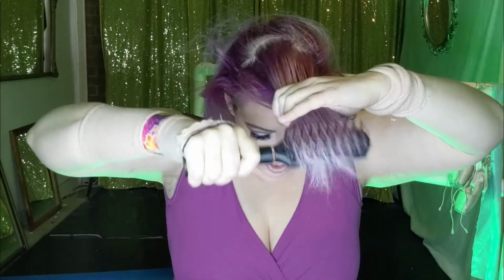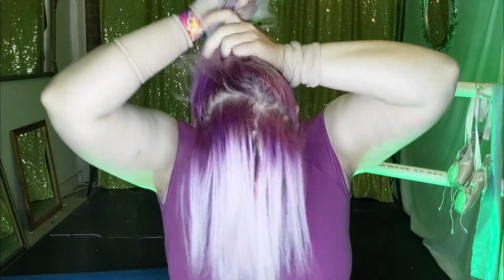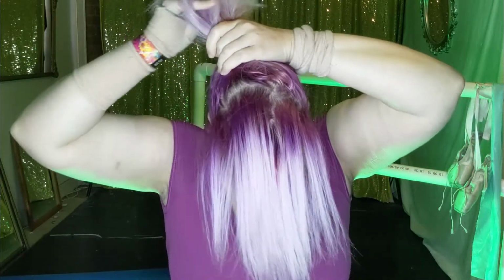God. I cannot stand my hair at the moment. I love the colour. But I'm not into the texture of my hair right now, and that's probably because I haven't washed it in a long time, and that's saying a lot because I wash my hair once a week because my hair is very dry naturally. Okay. Anyways,